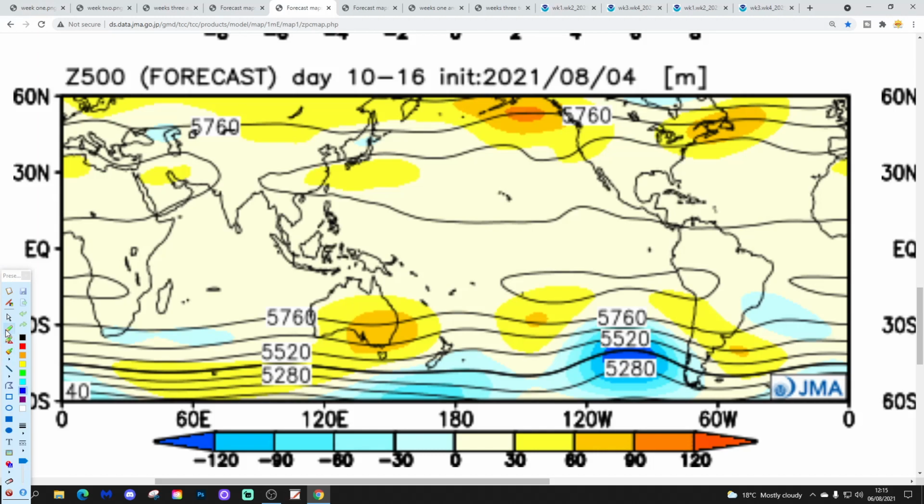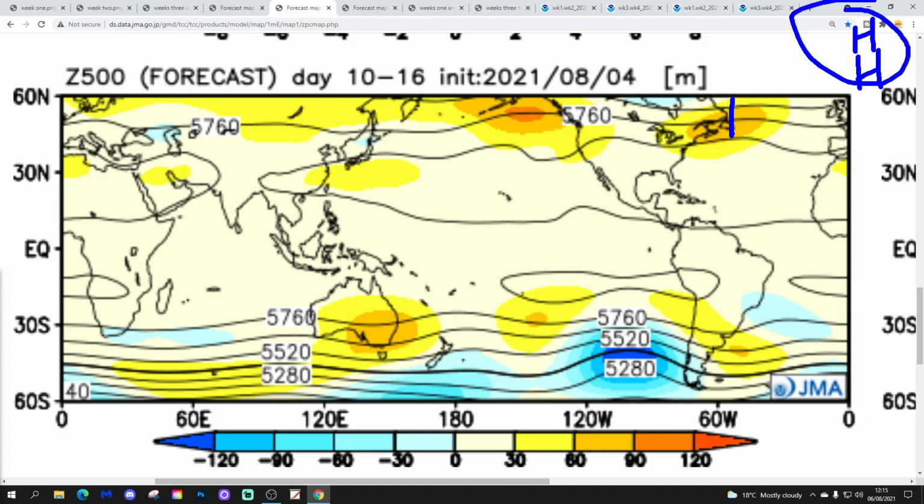Week 2 is going to be the 13th to the 20th of August. Now we can't see Scandinavia, that's off the chart, but we know there's a big area of high pressure setting up here around Scandinavia. We've also got some higher pressure there, and then weaker pressure, but perhaps not particularly low pressure,